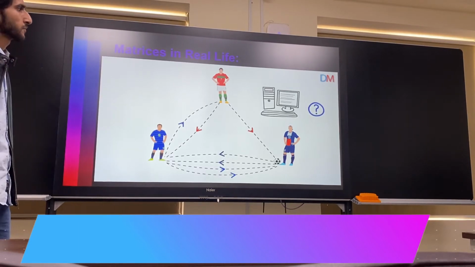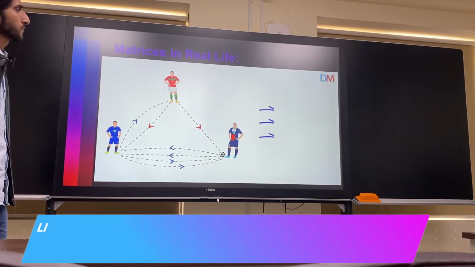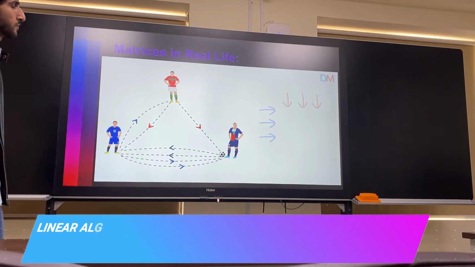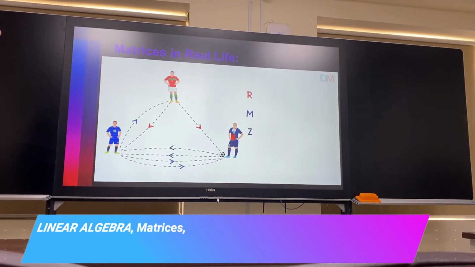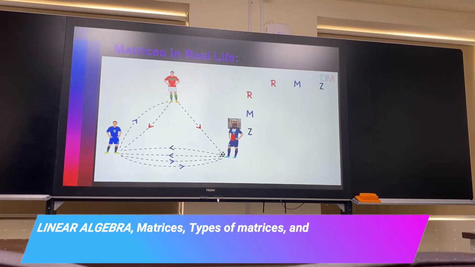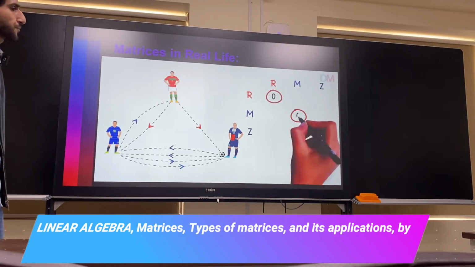The computer will not understand diagrams. So we make a small table on the right with 3 rows and 3 columns. We can have Ronaldo, Messi and Zlatan as rows. And to know who the ball was passed to, we have Ronaldo, Messi and Zlatan as columns. We all know what Zlatan is capable of, but let's assume the players can't pass the ball to themselves. So these 3 elements will be 0.